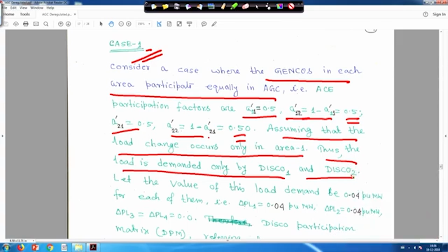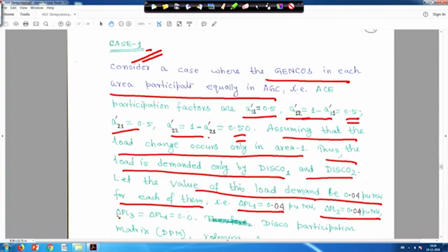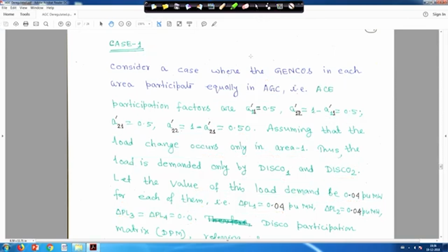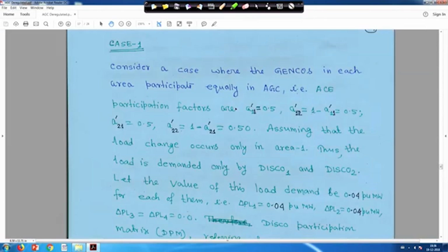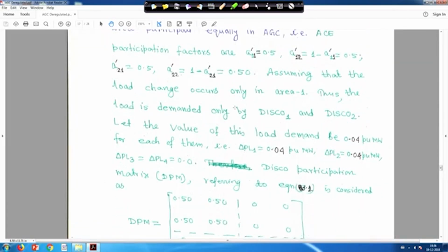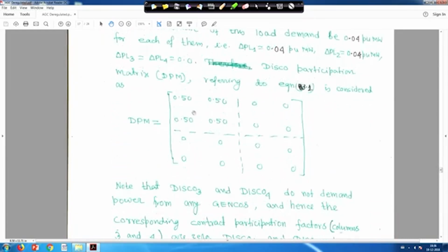So, load change occurs only for distribution company 1 and distribution company 2, that is DISCO 1 and DISCO 2. Now, let the value of those load demands be 0.04 per unit megawatt each of them, that is delta PL1 is 0.04 and delta PL2 is 0.04, and delta PL3 and delta PL4 are 0. And then suppose a DISCO participation matrix, DPM, is given like this, that is